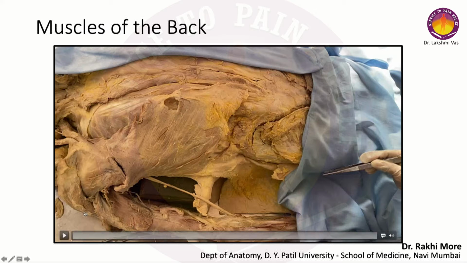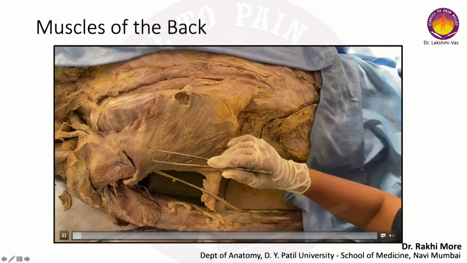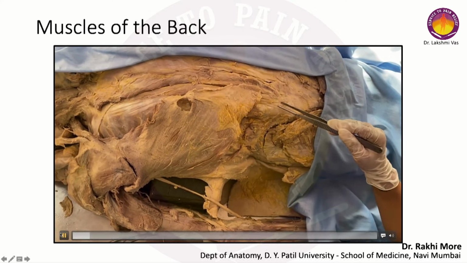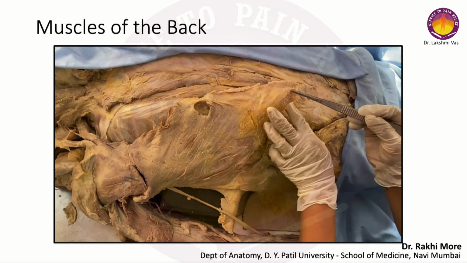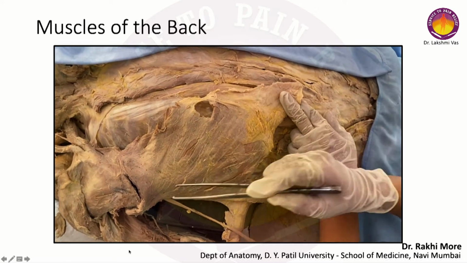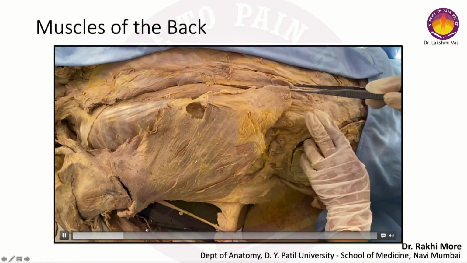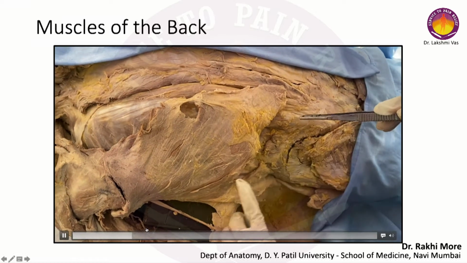I'm starting the video now, so you can see the video and then we can discuss about the muscles on the posterior, on the lower aspect. The muscles of the inferior aspect of the posterior compartment. This big muscle which we see is the latissimus dorsi. You can see the wide origin of the muscle. It goes laterally and gets inserted into the upper limb.